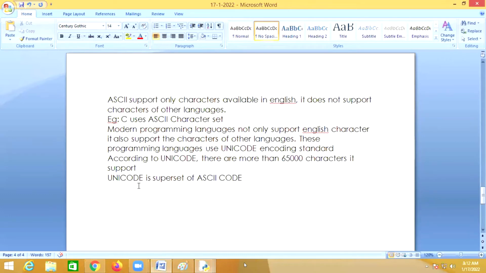And Unicode is a superset of ASCII. So Python uses the Unicode encoding standard. It means I can use more than 65,000 characters in Python. I can write a Python program in Hindi as well as English. Any language I can use to write a program in Python.